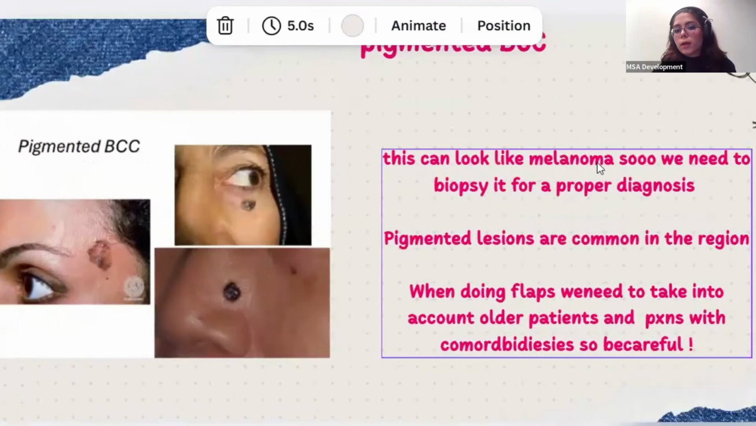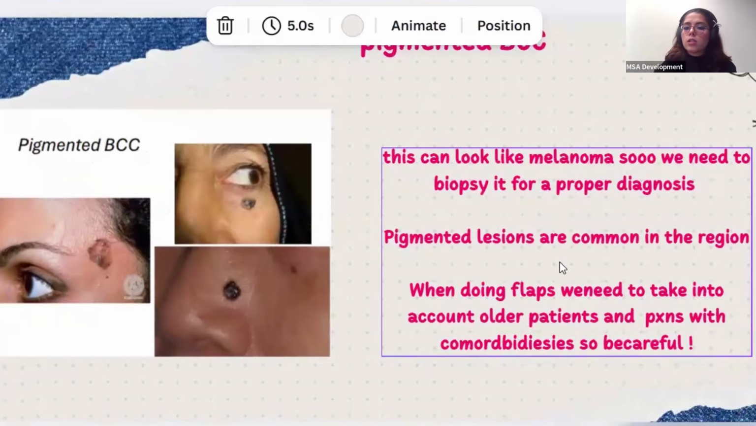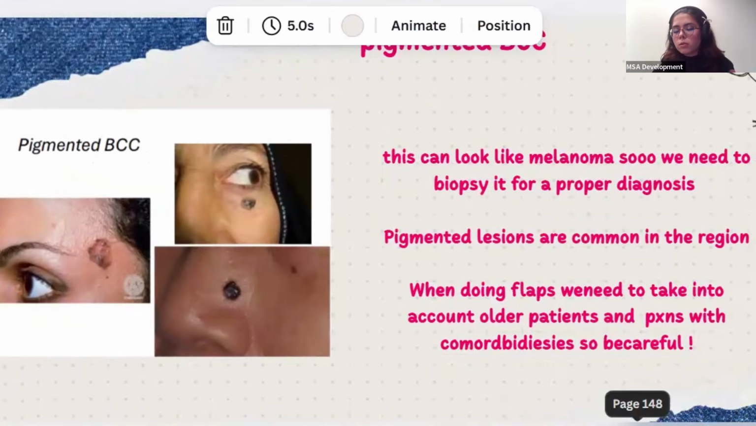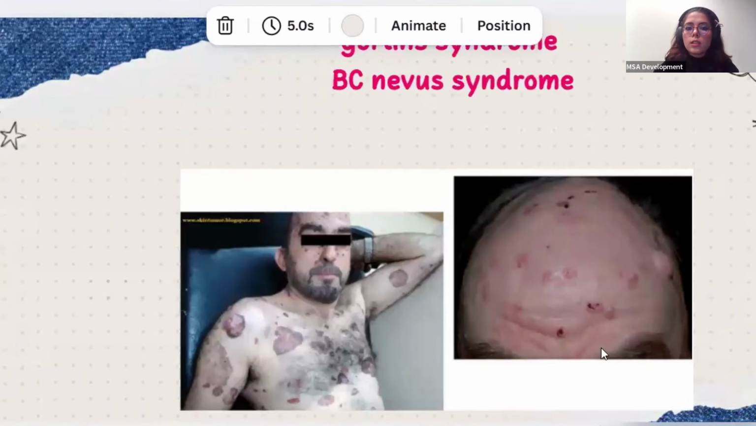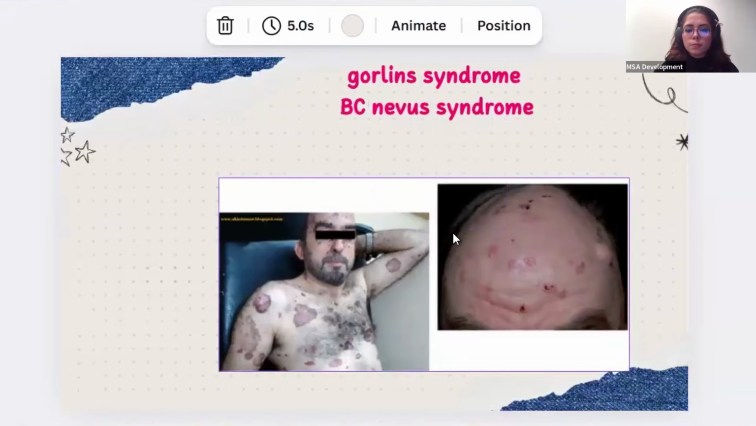Pigmented BCC can look like a melanoma, so we need to biopsy it for proper diagnosis. Pigmented lesions are common in the region. When doing flaps, we need to take multiple factors into account, especially in patients with comorbidities. Gorlin syndrome, basal cell nevus syndrome, it's just a bunch of